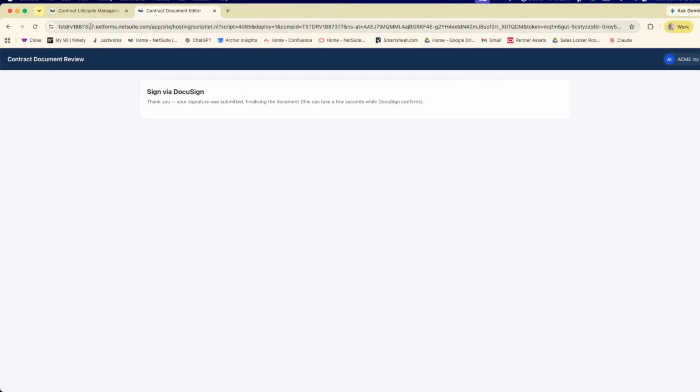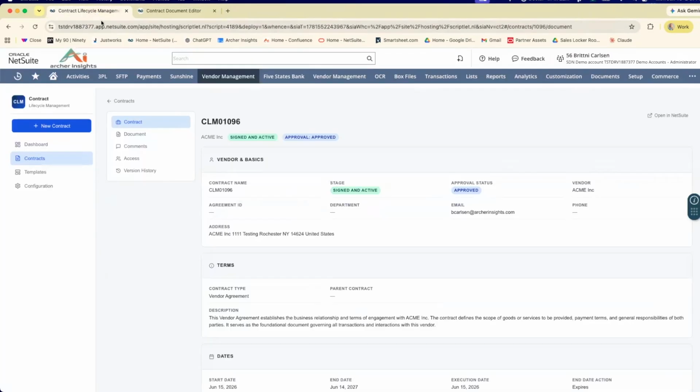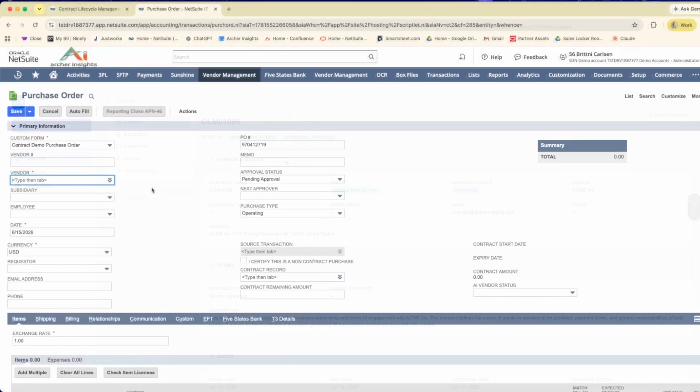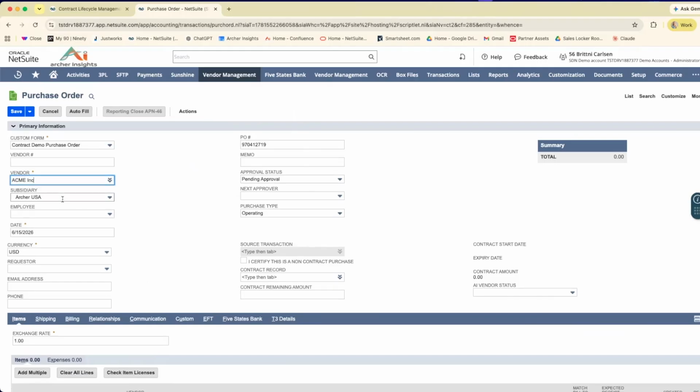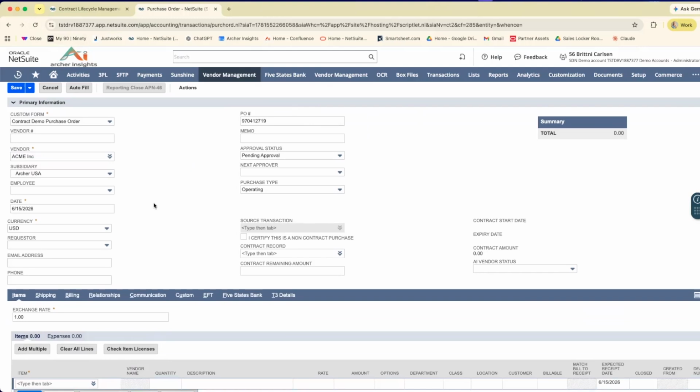Now that the document is signed, we can go back to our CLM and we now see that our contract is signed and active. We will then go over to create a purchase order. We will start by entering in the vendor that we just created a contract for. By selecting the vendor, it will default in information off of the vendor record, and we can also select the